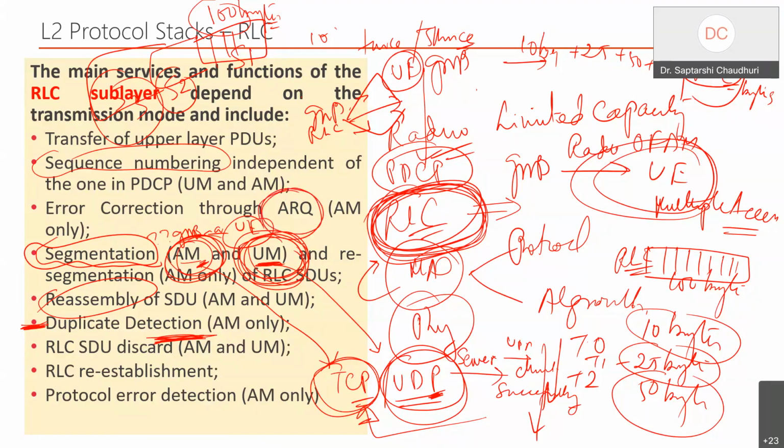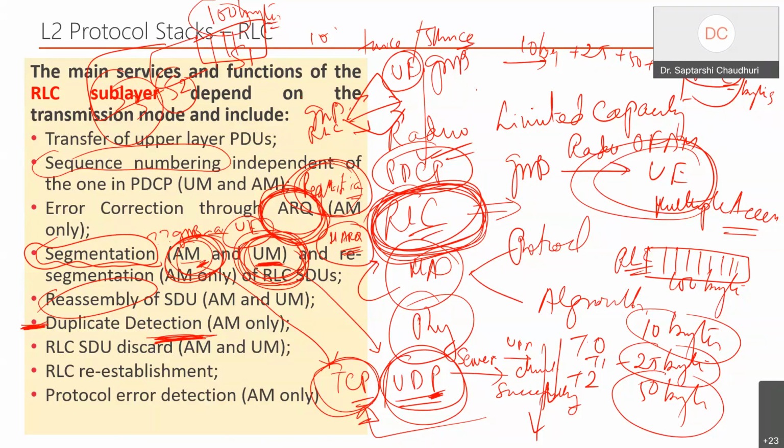This is what we initially thought, that RLC will do the error correction by repetition. Remember, it is not forward error correction, that is what the physical layer does. So it will do the repetition of the packet. It takes the control. But now we have added the HARQ in the MAC itself. So both these 2 guys, you can see how many times we have put 2 checks: one in the MAC layer, which does the hybrid ARQ for the same repetition, and also the RLC level repetition.